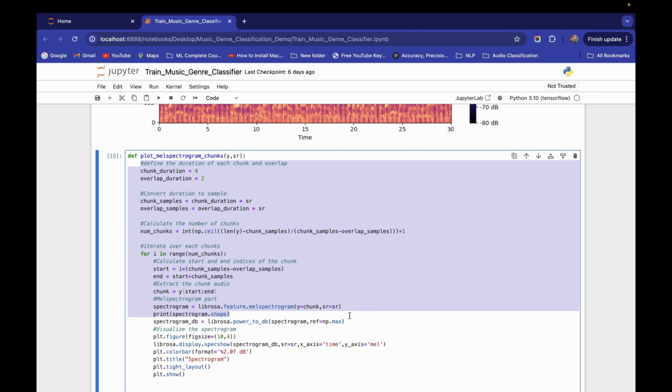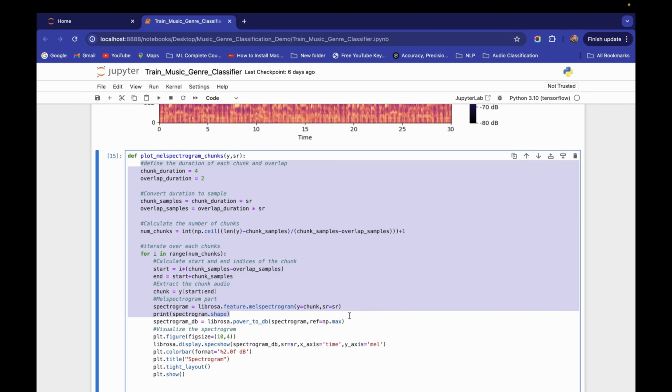Now we got our mel spectrogram matrix, but if we print its shape, we will get 128 cross 348, but we want to resize it to 150 cross 150. So we need one more function here.